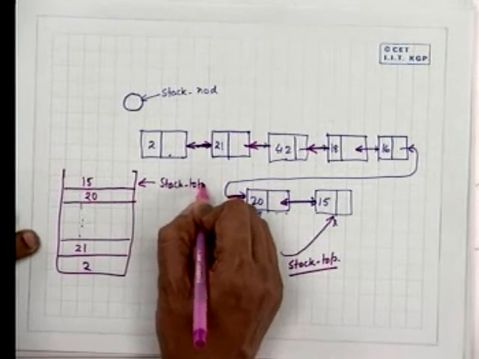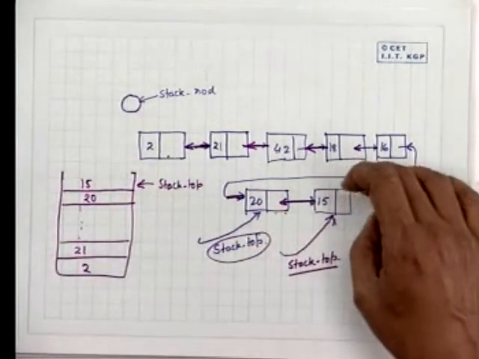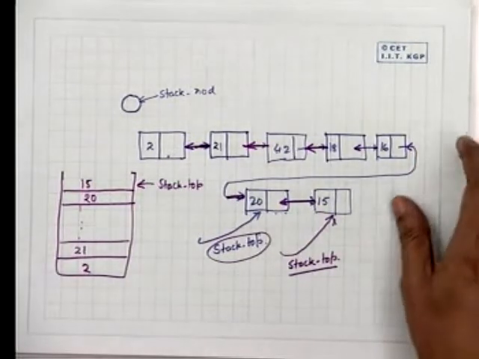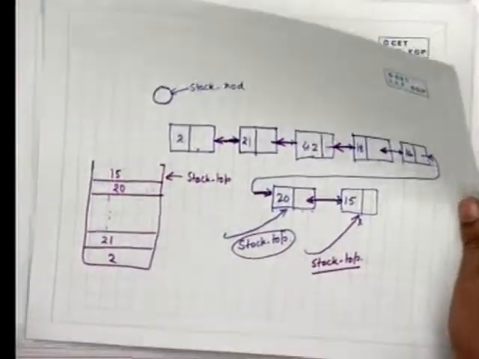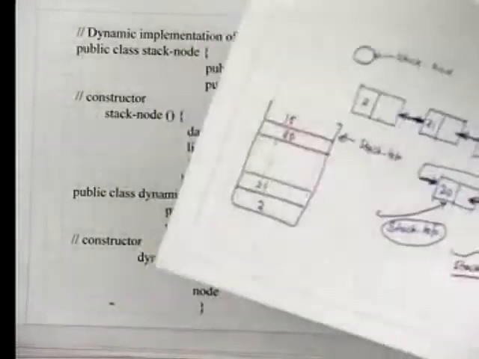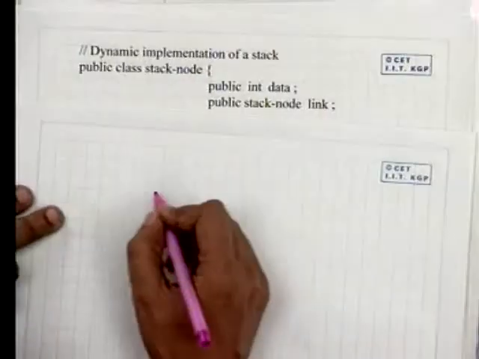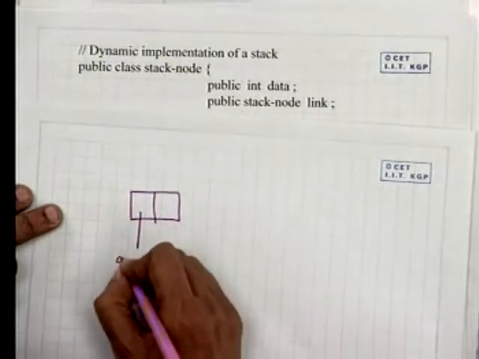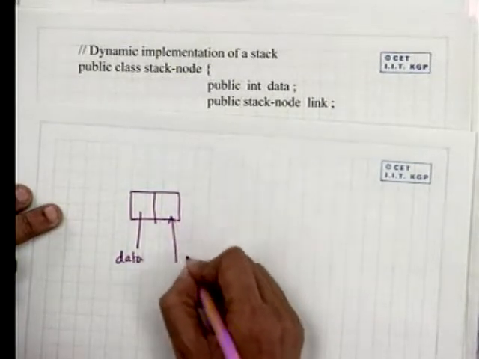Now, this stack is dynamic in the sense that as we add more and more elements, we can go on adding, provided there is enough memory space available for your program. This is why we call it the dynamic implementation of a stack. To do this, with each stack we define a type of element, and the elements contain 2 values. A stack node is something which contains 2 elements: one is the value part or the data, and the other is the link.